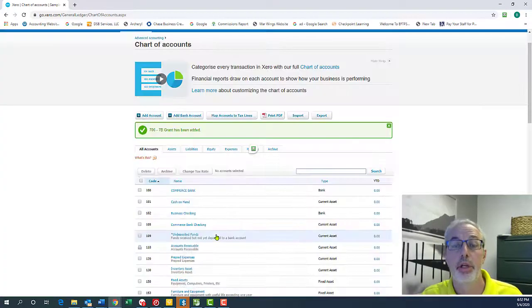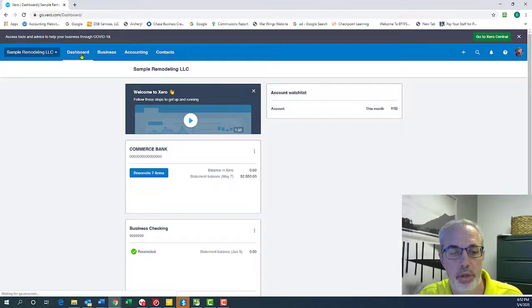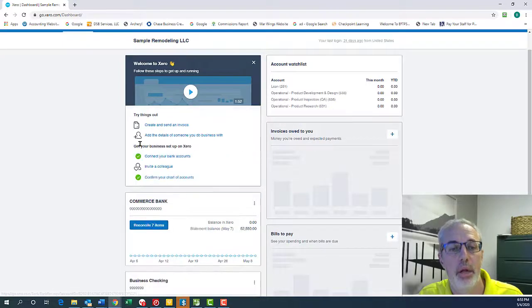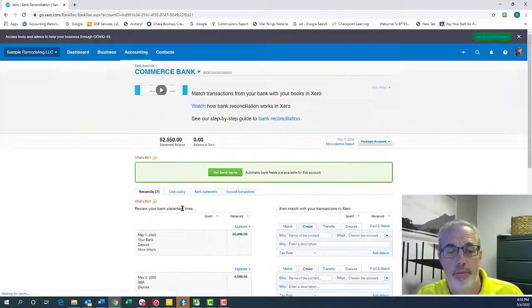and save. So now we just set up two accounts so that we can now handle the loan. That's one of the hardest parts, right? So we've done that. And in Xero, we're going to go back to the dashboard. And we're now going to go to reconcile. So here we have